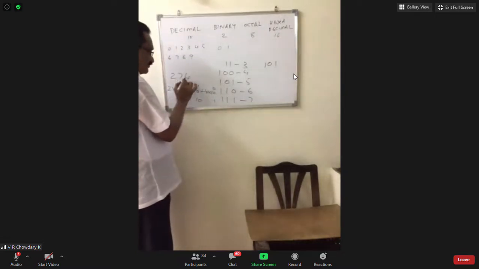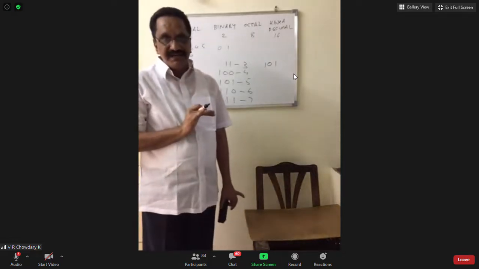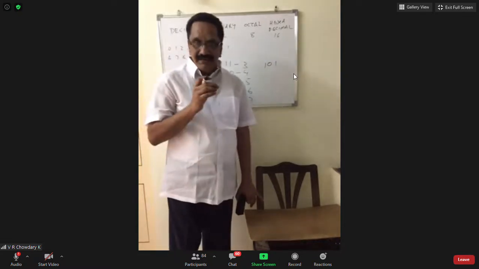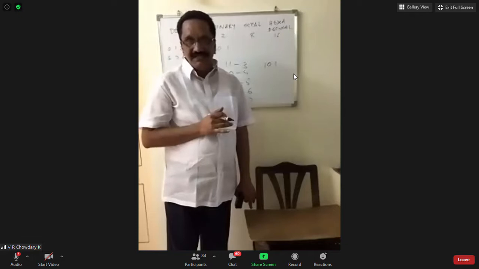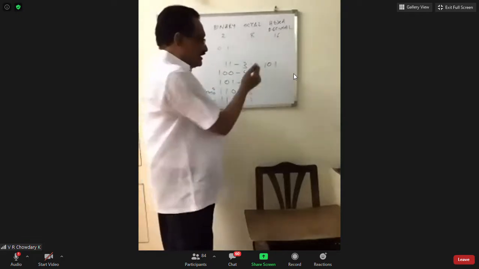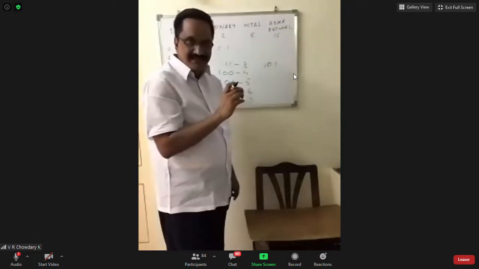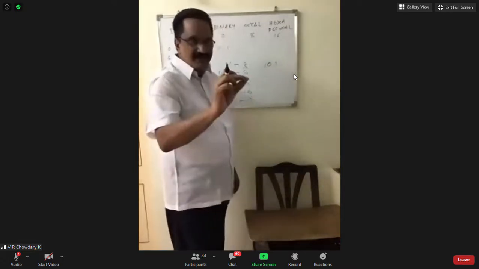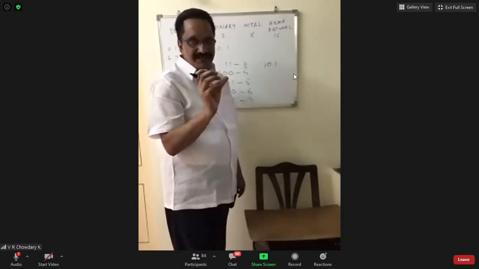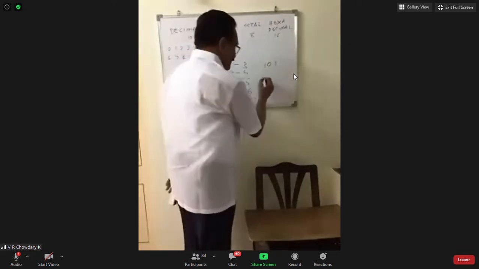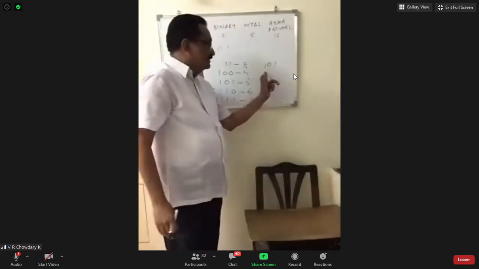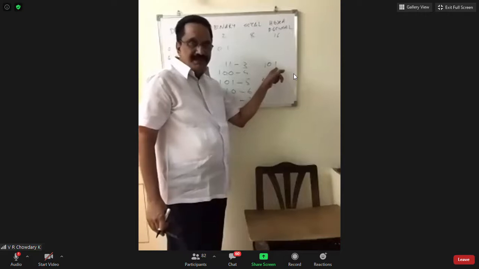These are the decimal digits. For example, 274 is a 3-digit decimal number. Actually 101 is a 3-digit binary number, and in this one there are 3 binary digits. Binary digit is abbreviated as a bit: BI, last one T. So it is called a bit. So it's a 3-bit binary number.